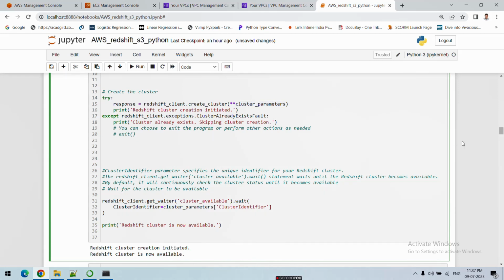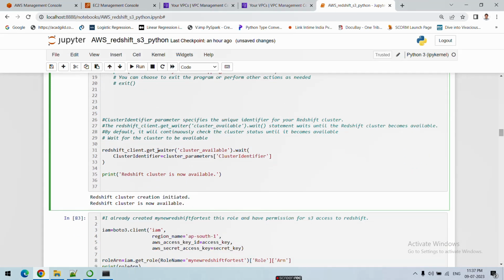After that, a very important method is get waiter. This is also a method of the Redshift client. What this method does is wait until the cluster is available, because when we create a cluster, it takes some time, around 2-3 minutes, might be 4 minutes, so you need to wait. This method is just in a loop and waiting. It does not return anything, and just loops until the cluster is available. Once the cluster is available, the control comes down and prints this line,